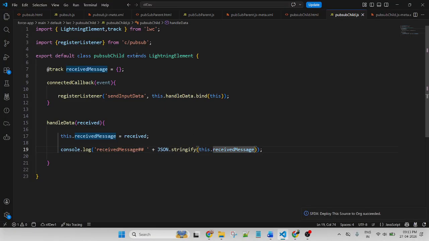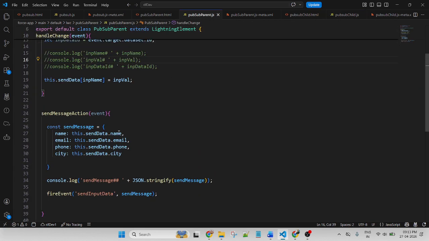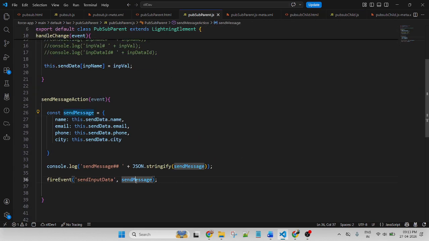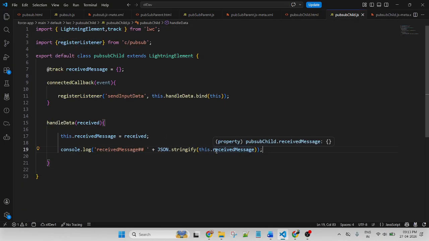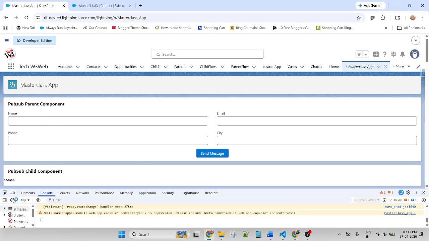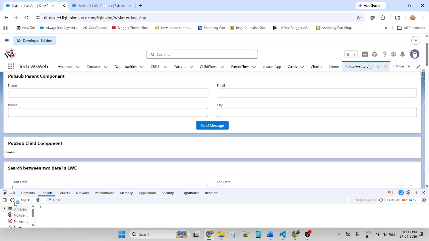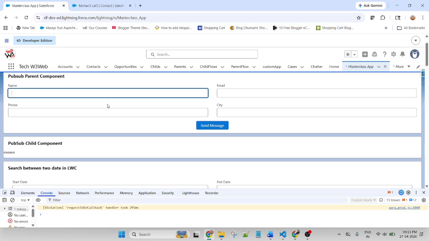So that means the parent component successfully sent data to the child component. Only once I check what is received, because it received as an object and displays well. In the parent component you can see I first created an object and passed that object as data, so it displays as an object. So I first check what kind of data is received with stringify so that I can use it in the component. To bind this, we have to use this dot bind.